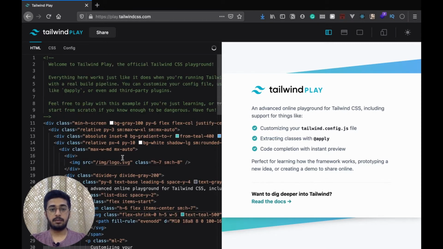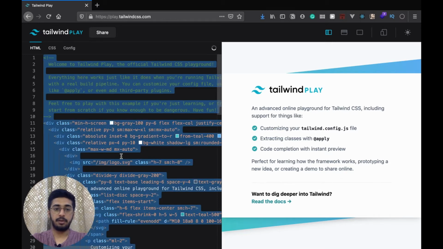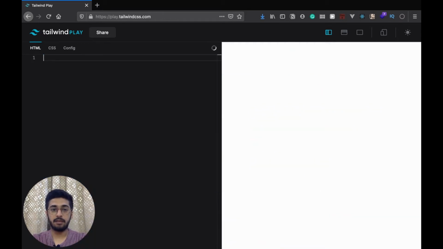So first of all, to give you a demo of this, I'm going to rip away the whole HTML they have, and you see it responds right away. So I'm going to give it a div which has a class of h-screen, which just says height equal to 100vh, and w-screen, width equal to 100vw, which is viewport width. Alright, and then we'll just give it a bg-gray-200, let's say. Yeah, and there's a subtle difference, but I'm sure you guys could see the color change.